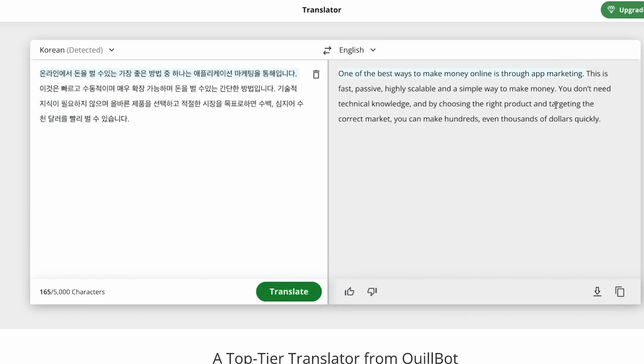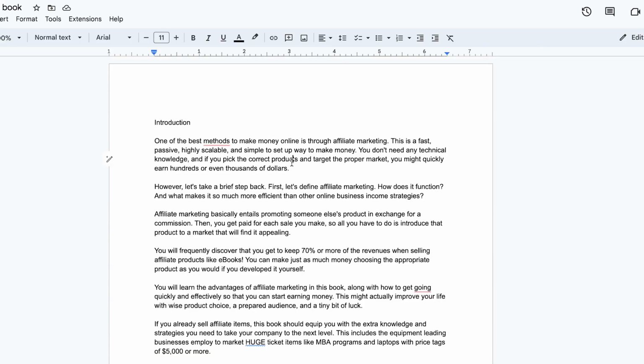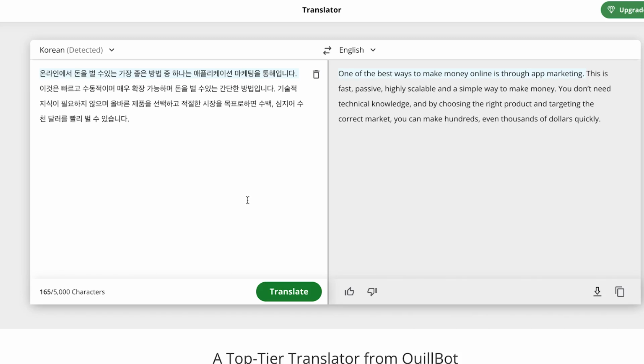So now if you read this and the first paragraph that we have here, you're going to see that it's going to make complete meaning according to what you have. So it's very, very powerful in the translation. It's something that you can trust. So if you want to translate your document into any language, you can go ahead and give it a try with this very powerful AI tool.